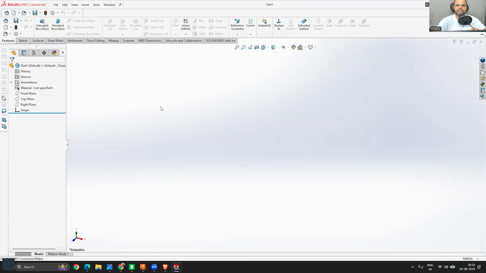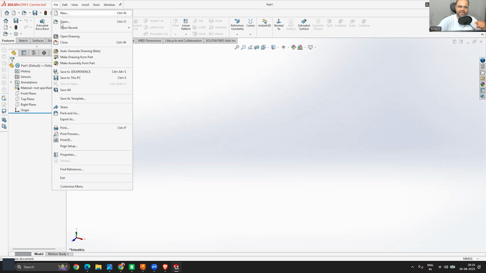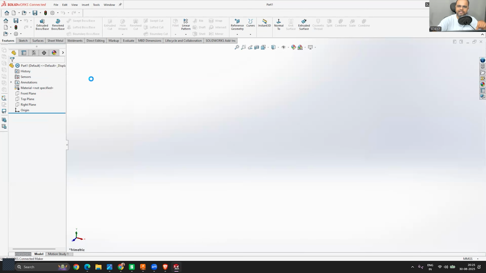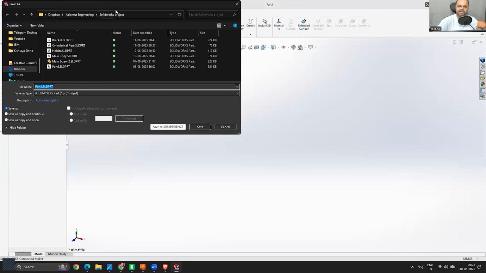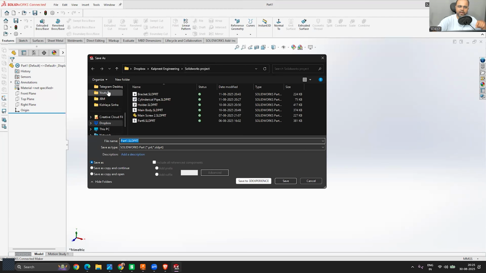You can save these files by 3 processes. The first process is to go to this file menu that you can see on the top, click on it, and the list will drop down. Click on save to this PC, right? The moment you click on save to this PC, a window will pop up where you can locate the folder or space where you want to save your file. Once you are done, you can simply remove everything and rename this file.